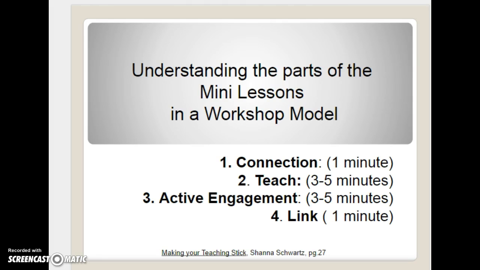Now, your connection to the mini lesson is making a connection to what the students will be learning and how that learning fits in or connects to what they already know. Your teach is where students are taught something they will use in their lives as readers and as writers. In your active engagement, students are given an opportunity to try out what's been taught. And the sharing in the link is giving students some share time so they can collaborate in what they've learned,